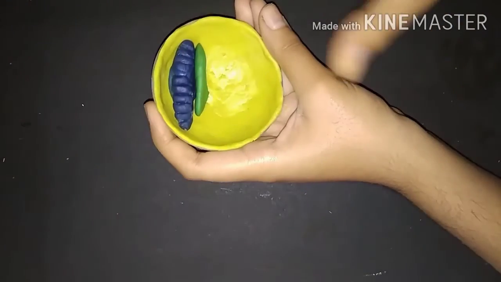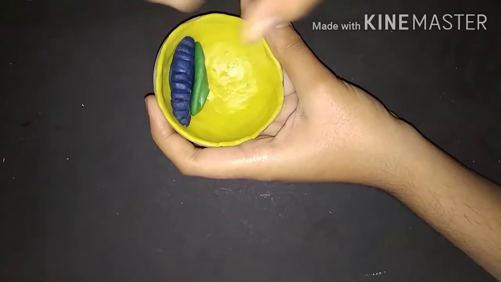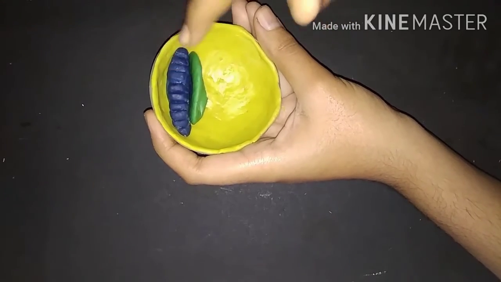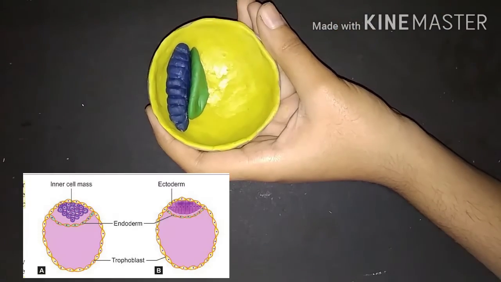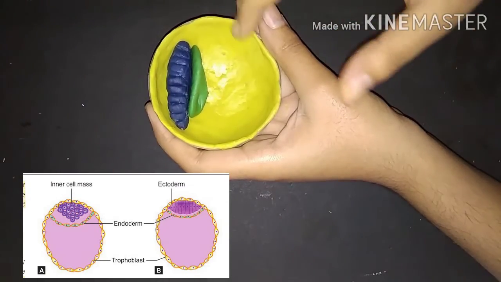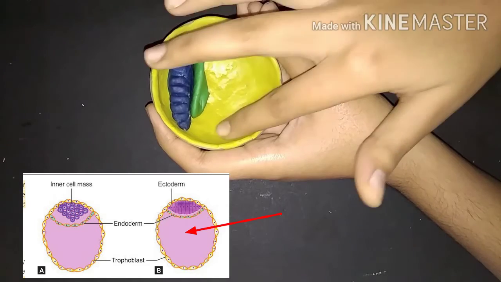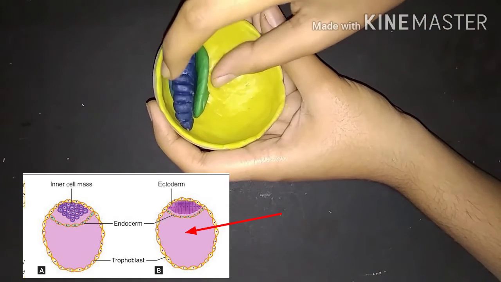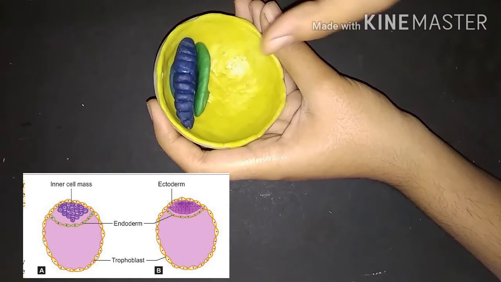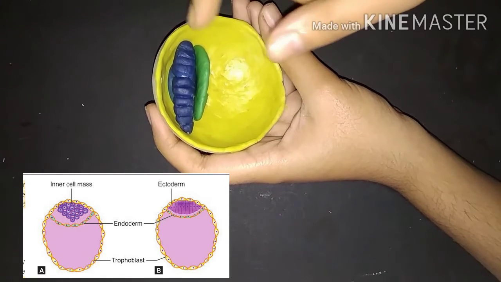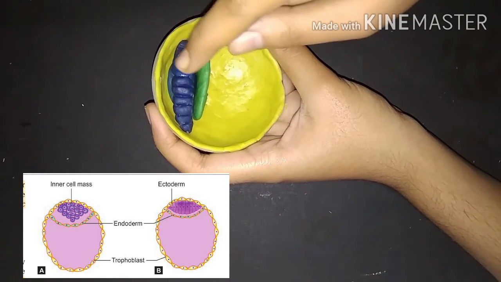So now this is our stage of embryo where this is endoderm, and this inner cell mass is now replaced with somewhat columnar cells. Now at this stage the embryo is bilaminar. There is a single cavity that we have already discussed, and there is now a bilaminar stage of this embryo having the two germ layers, which are the endoderm and the ectoderm.